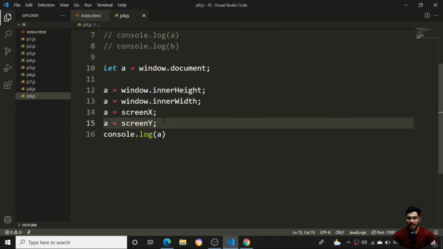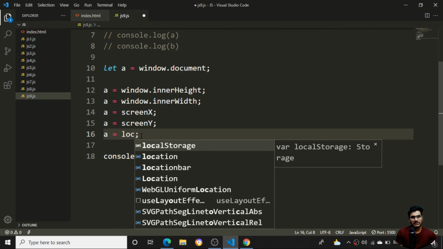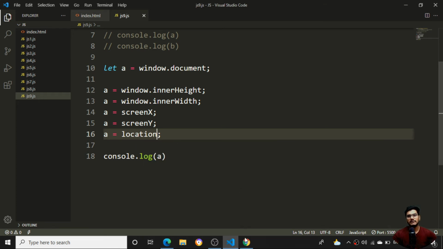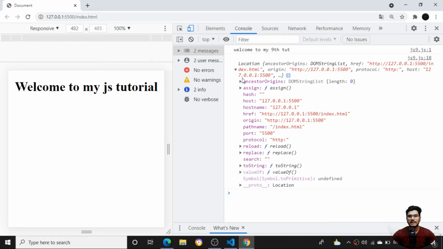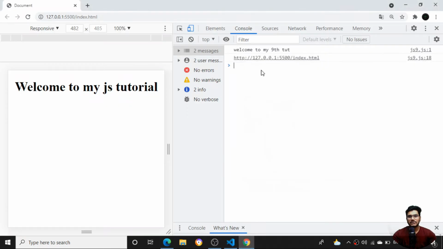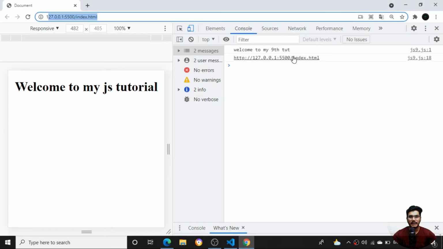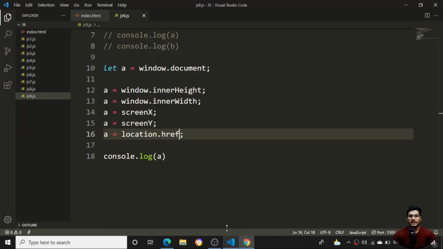So next, if I want to see what location I am in, if I check what the location is of this particular stuff and save, you can see I'm getting it in the form of an object, with the href and all. Same way, if I type location.href, you can see I'm getting the href of the file I'm in. In this particular IP I have opened the JS file. So it is just telling the particular href of it.